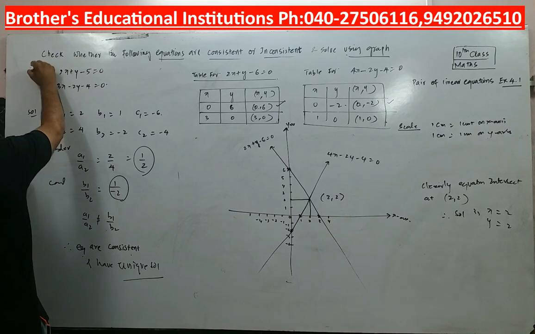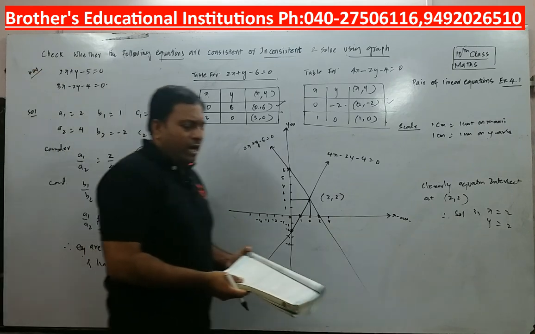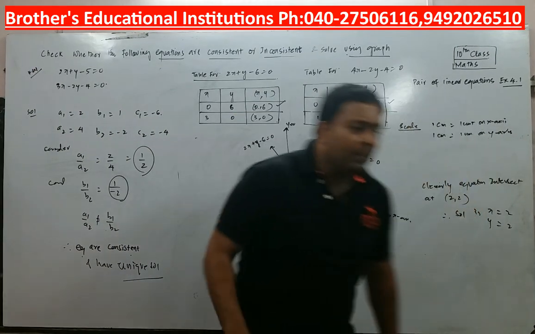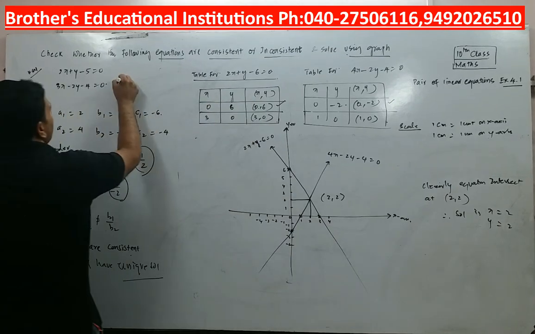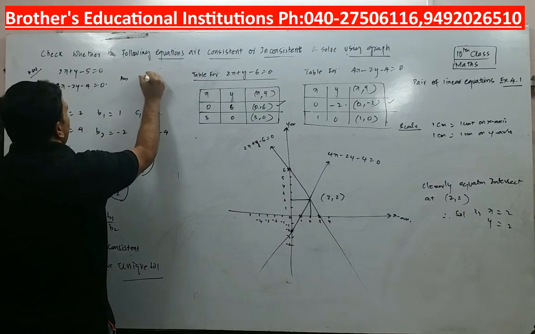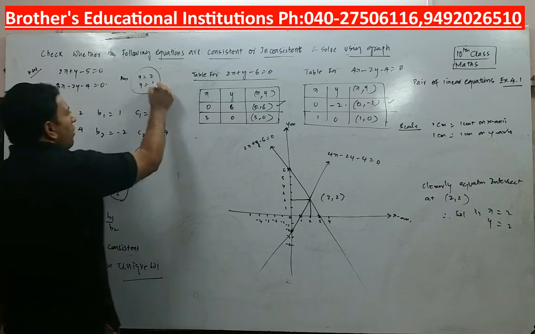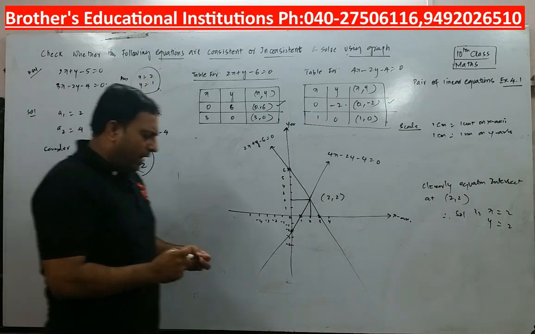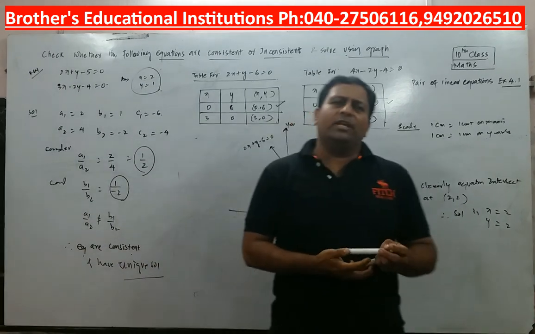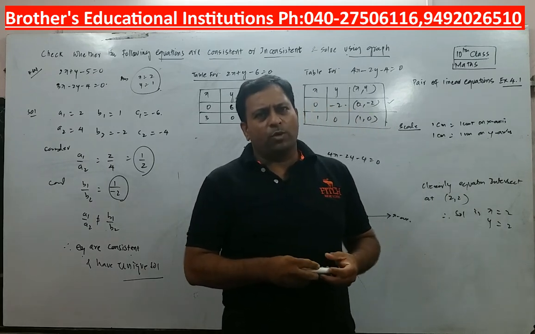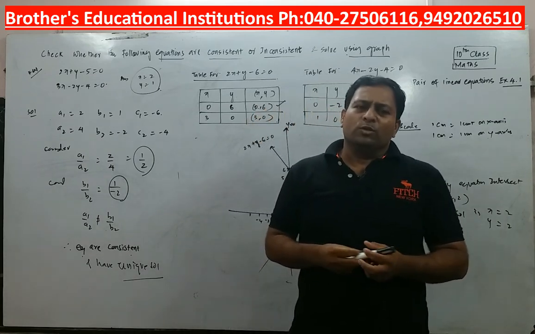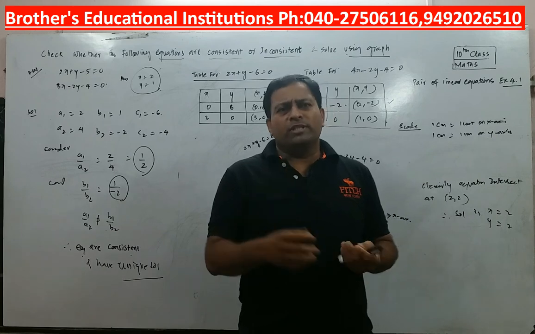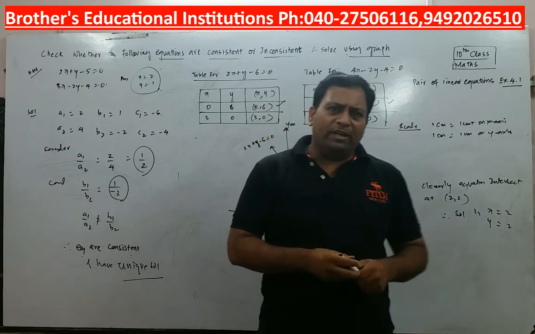So this is homework. I want you to try and let me know what the solution is. I will give you the solution also. For this problem, the answer is x is equal to 2 and y is equal to 1. So I want you to practice this at home and let me know if you got the answer. If there is any query, please post the query on the WhatsApp group, right? So please practice, and there will be one more session I will take on pair of linear equations.